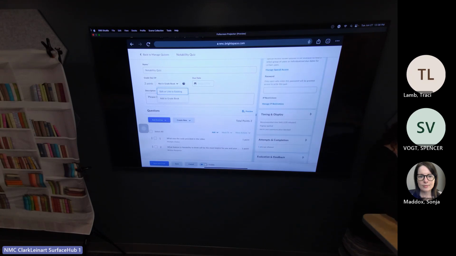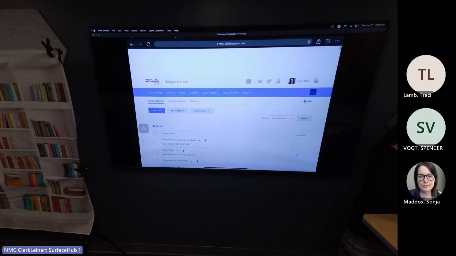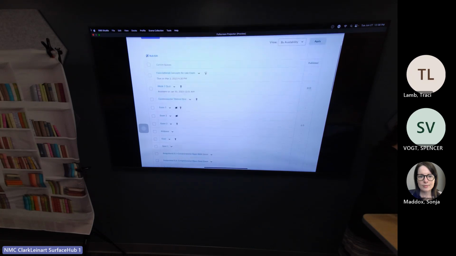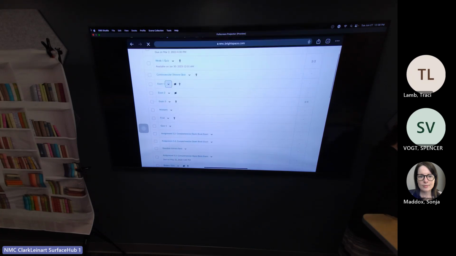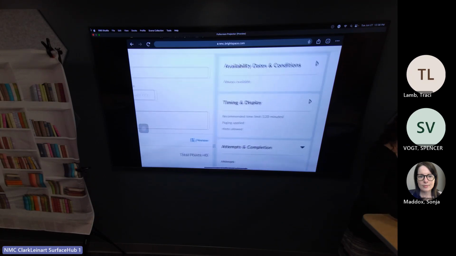Just since I had kind of showed it earlier, in this first window, sorry. If you want to allow multiple attempts, that is in, there's kind of three little pieces over here.